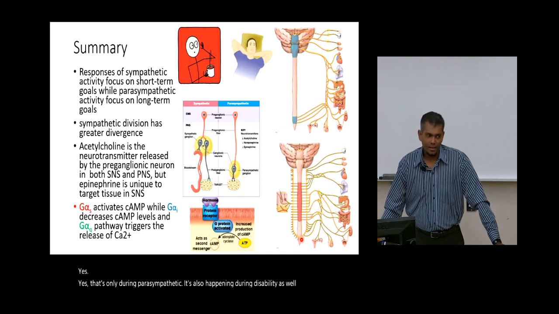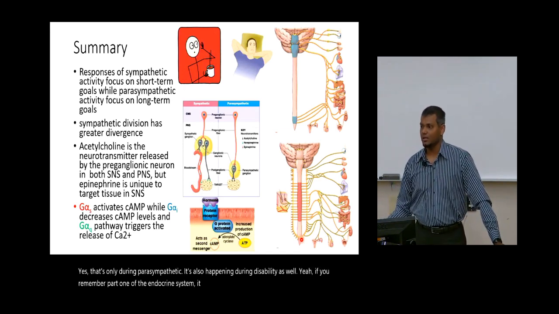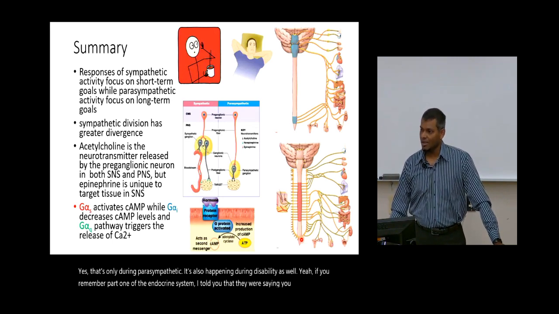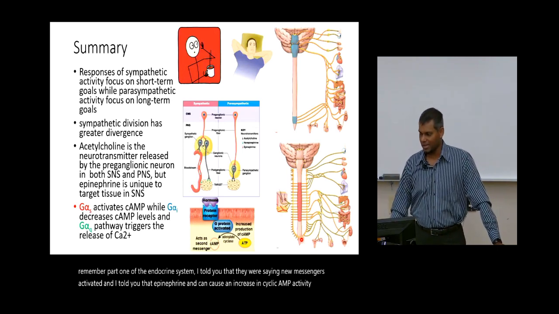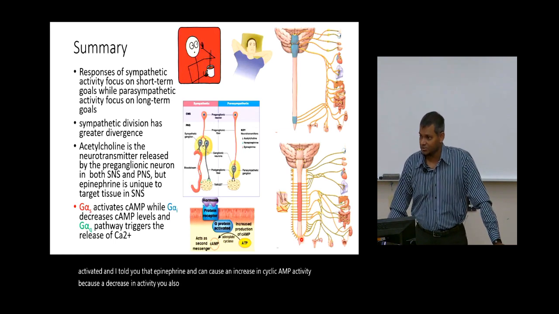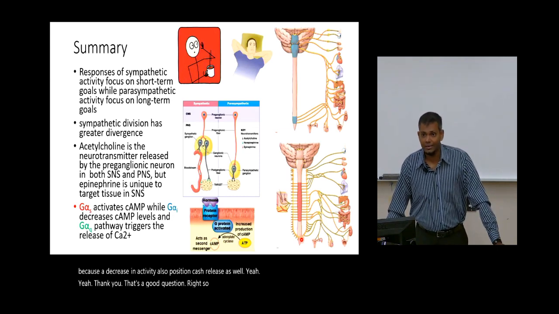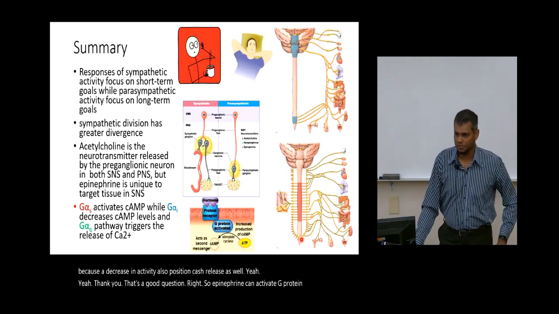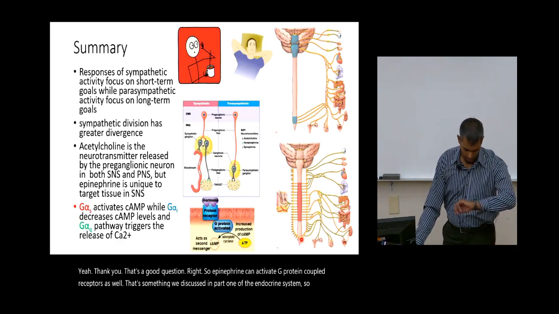Okay. Yeah, if you remember part 1 of the endocrine system, I told you that there are secondary messengers activated, and I told you that epinephrine and norepinephrine can cause an increase in cyclic AMP activity, and cause a decrease in cyclic AMP activity, and also cause an increase in calcium release as well. Gotcha. Okay. Yeah. Thank you. Yeah, thank you. That's a good question, right? So epinephrine can activate G protein coupled receptors as well. That's something we discussed in part 1 of the endocrine system. So what I want to do for this